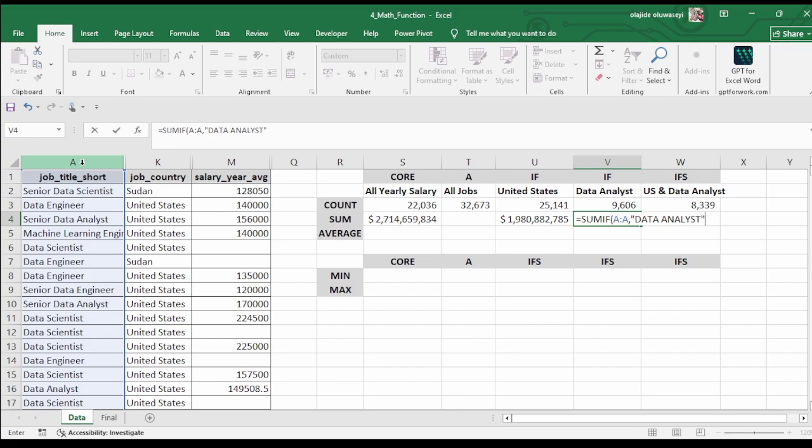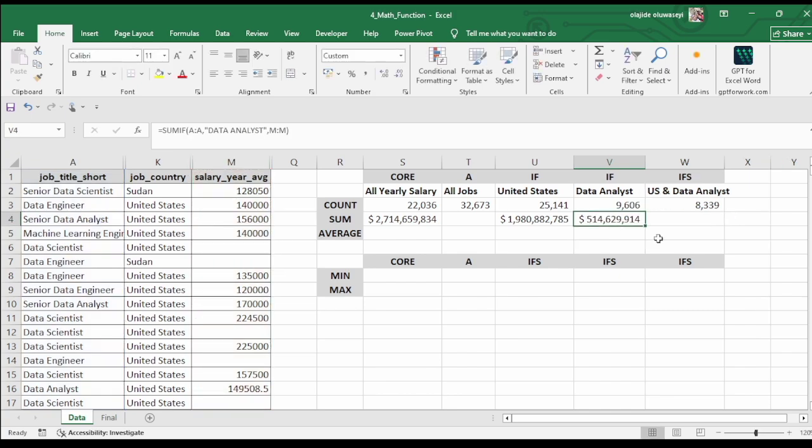Data analyst. And where is our sum range? If this is the range of the amount, where we have the value, then this is the amount earned by the data analyst. Do you understand? Now we have this SUMIFS function. These are the criteria which we have to know, to calculate the amount earned. So what to calculate for the US, the total amount earned as data analyst from the US,